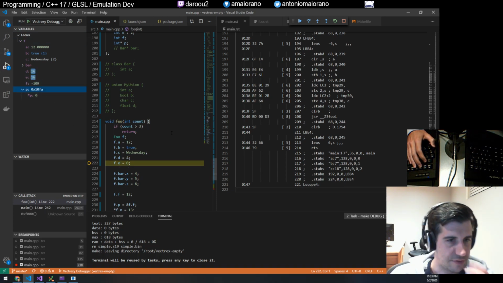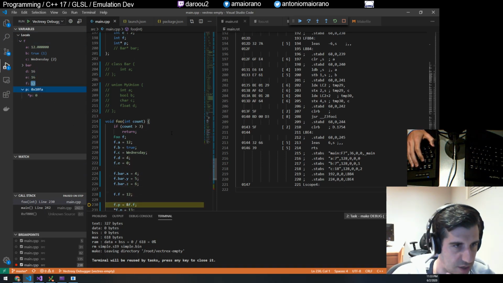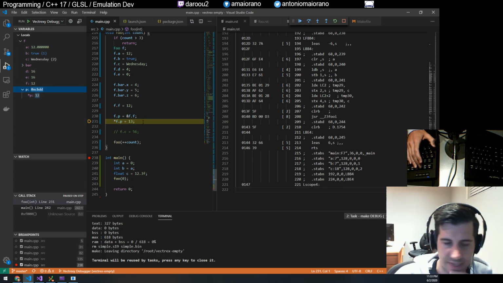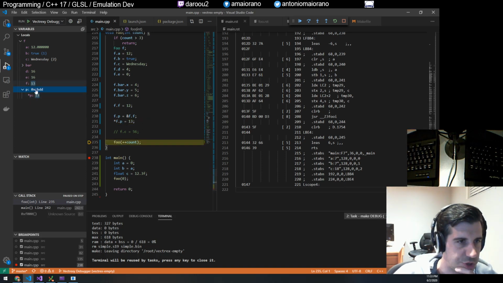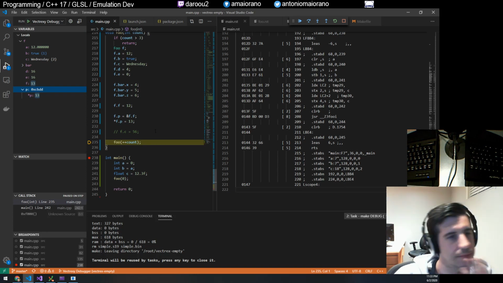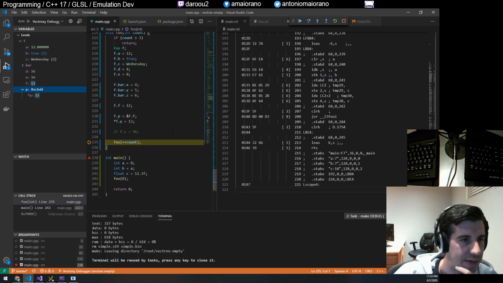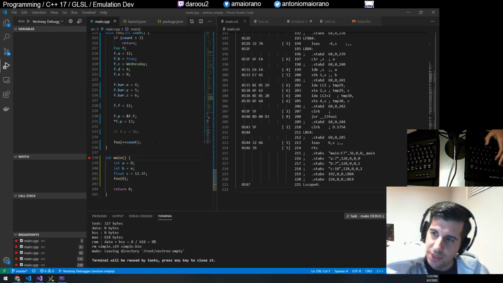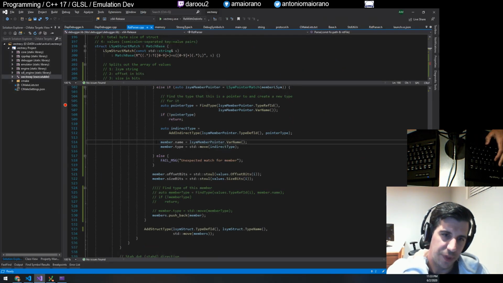So P has whatever garbage is in there, and then here we assign it to the address of F, which then shows 12 here in the dereferenced value, and if we assign through it, we should see both of those change. And there you go. So we now support pointers in our data, in our structs. So what this means is that technically what we can do with this is